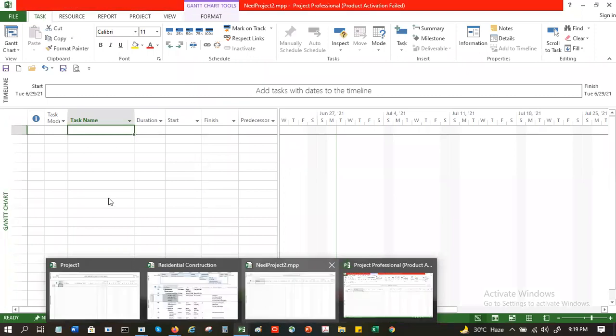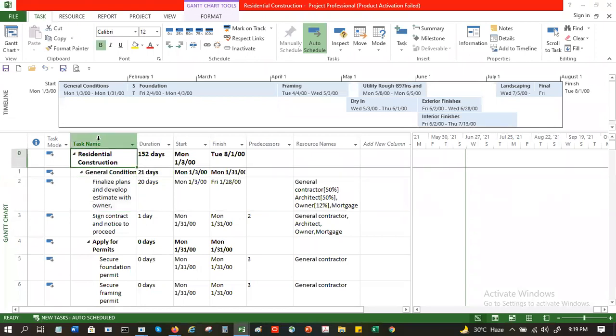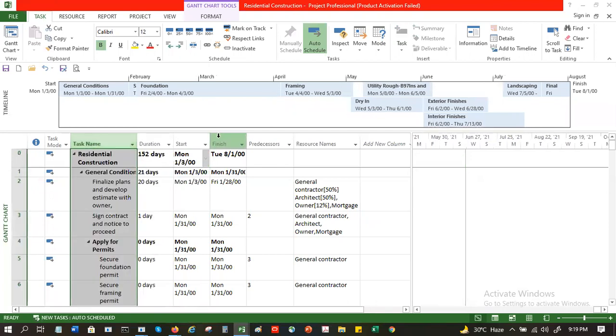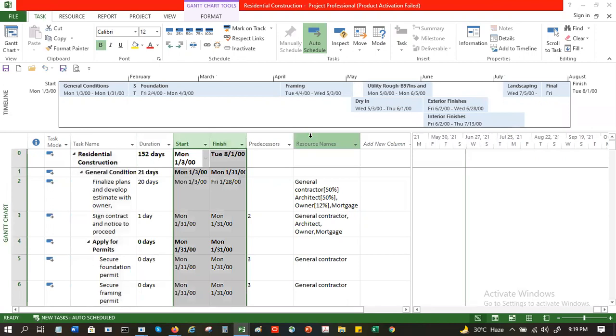And if I just pick up some of these tasks, you can also do this if you have a resource sheet somewhere.